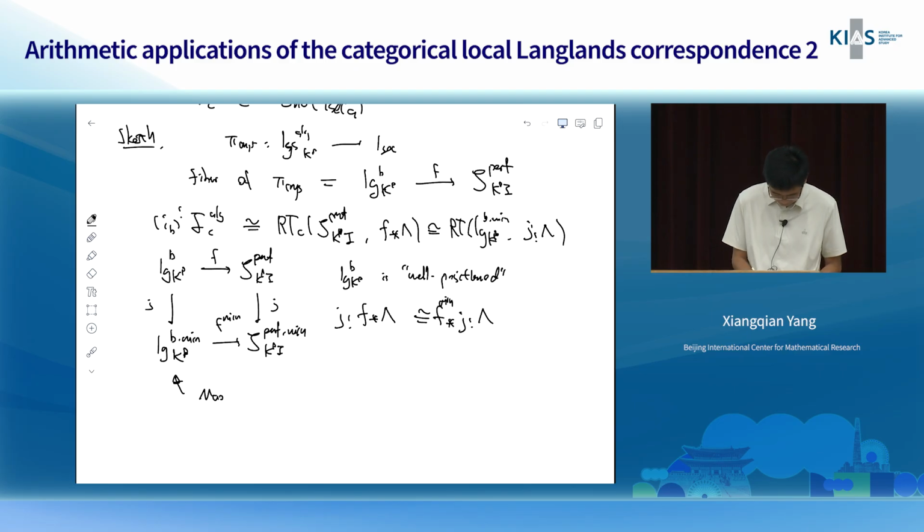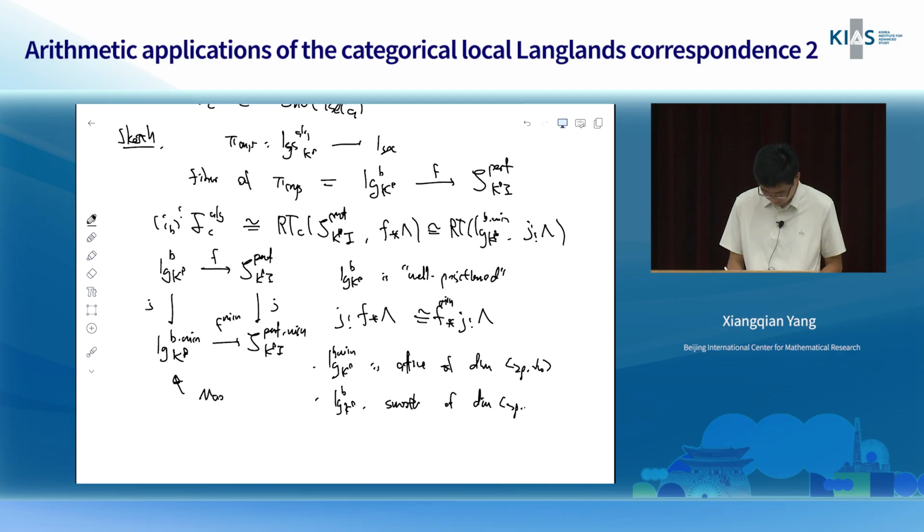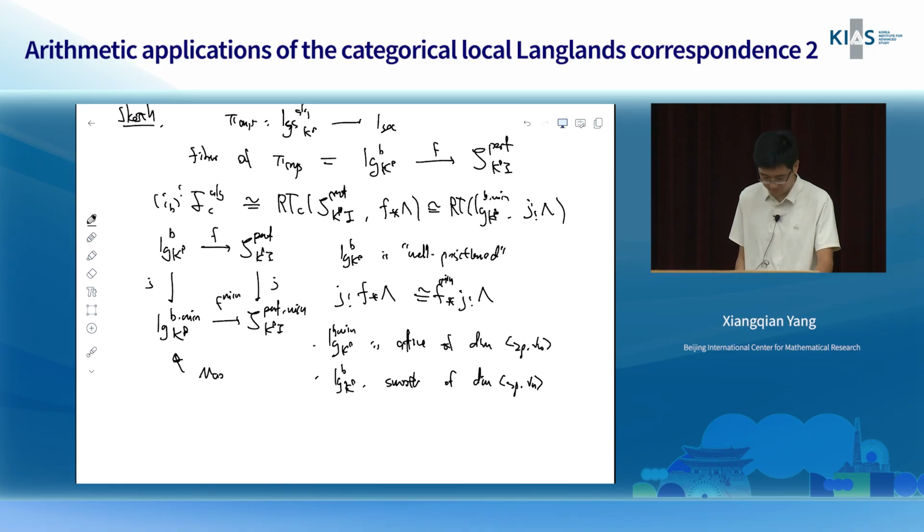And now we can again use the result of Shanghai that this B minimal compactification is affine of dimension 2 rho nu B, and also the part without compactification is smooth of dimension 2 rho nu B, and I mean a limit of smooth varieties. So then again we win by Artin vanishing. This cohomology of